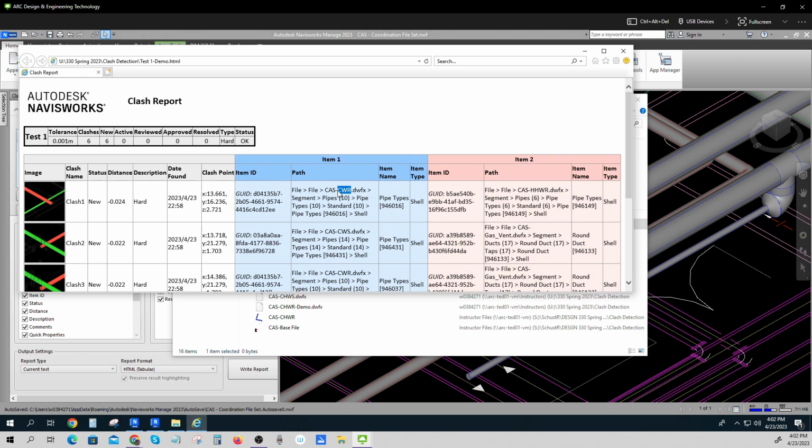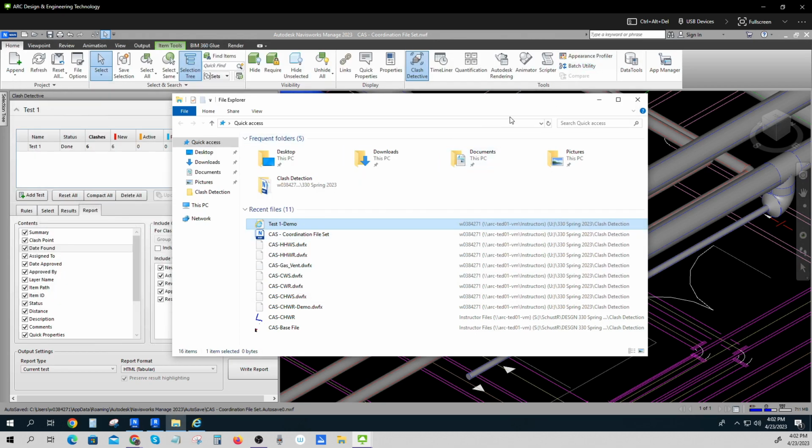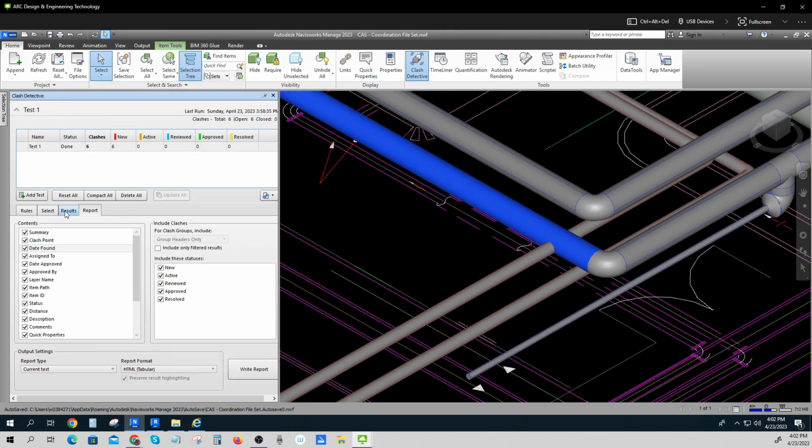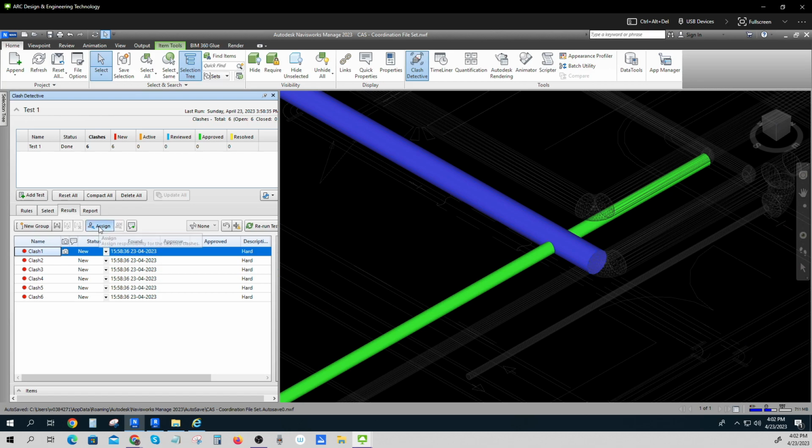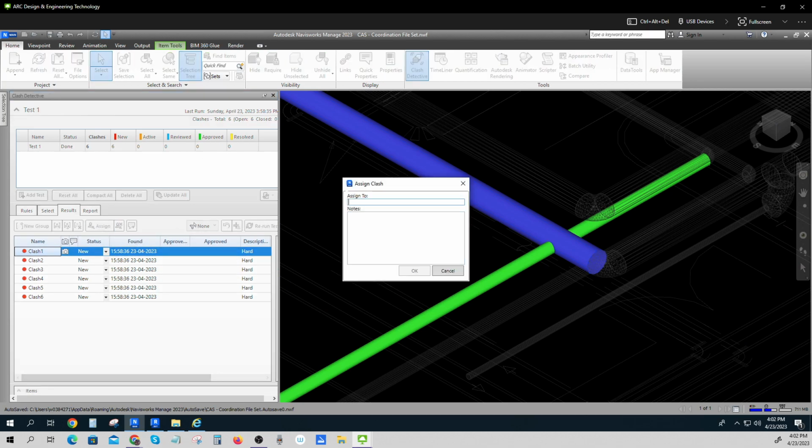Usually it's the largest one. Physically, the largest pipe or vent gets priority. And I know the cold water return is bigger than the heated hot water return. So I'm going to say cold water return gets priority, so hot water return gets the assignment. So here we go, back to here, go to results, and I'm going to assign clash number 1 to heated hot water return